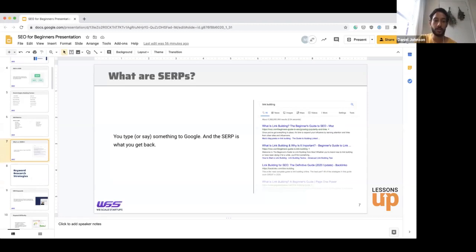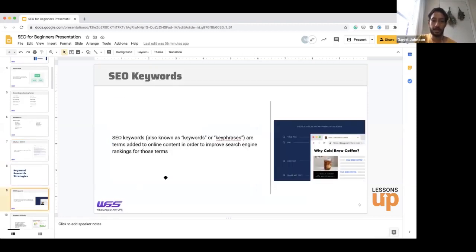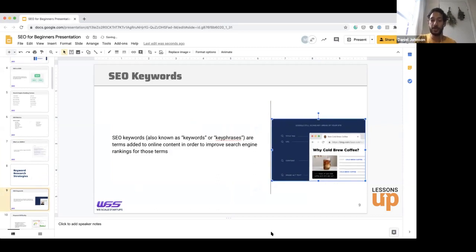Okay, so keyword strategies. When we're looking at SEO, keywords are obviously one of the most important things. They're the things that people type into Google or Bing or other websites for the objective of trying to find information or buy something. People have different types of keywords. You might have what's called long tail, which we cover in a bit, which is really long keywords. And then you might have shorter keywords like glass.